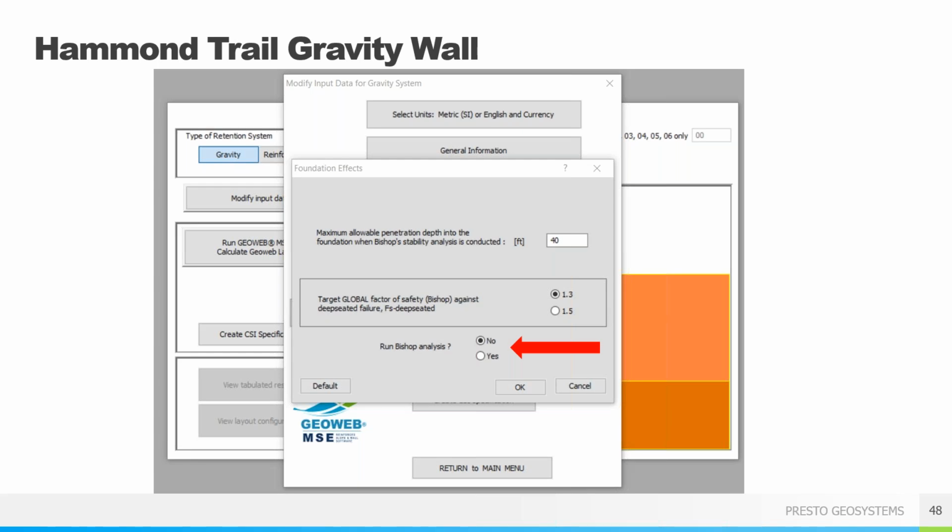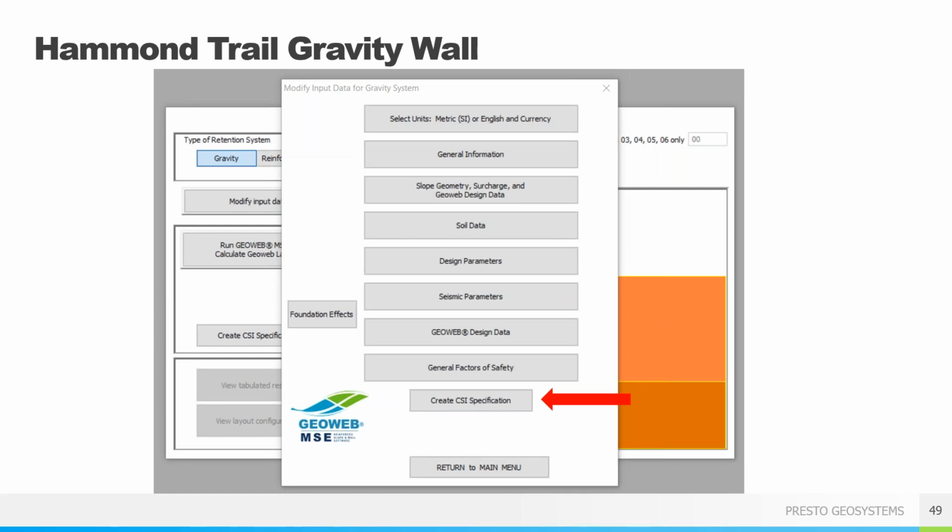You can choose what factor of safety you're looking for, and in the end, decide if you want to run a global stability analysis. It is up to, once again, your best engineering decision whether you think you need this information. But it's always at least nice to know that you have the option to run a Bishop's analysis.